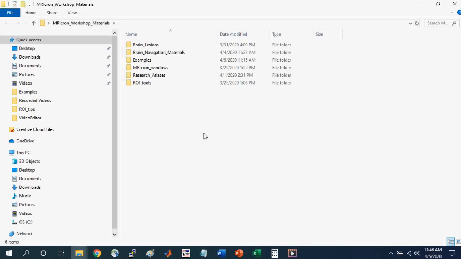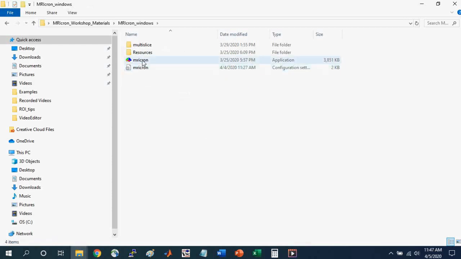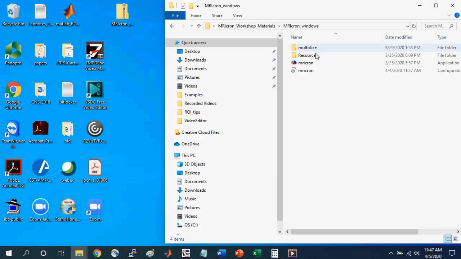First, we're going to go inside of this folder, and I'm going to be using the MRIcron Windows version, which I have in this materials folder. See the link in the description to download the MRIcron version that you need for your computer, say if it's a Mac. So I'm going to go inside the MRIcron Windows folder, and I'm just going to left-click on MRIcron